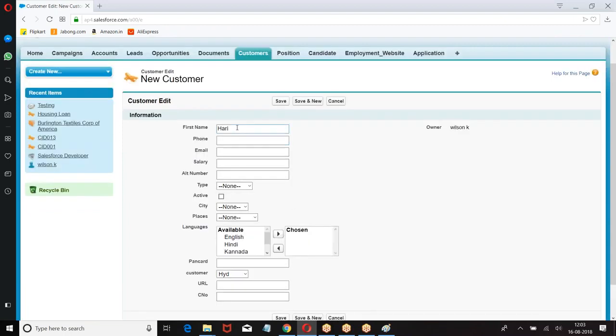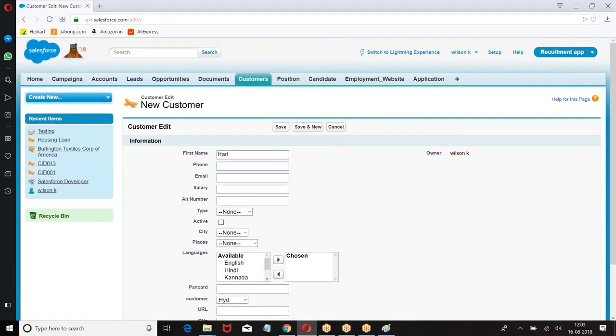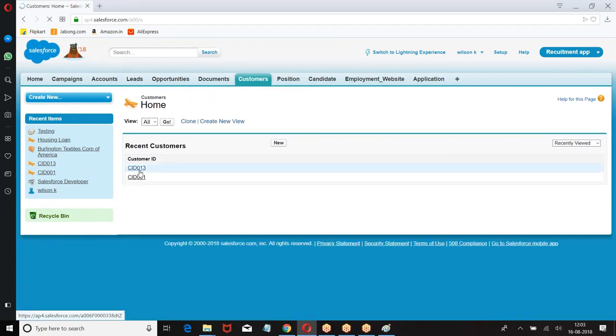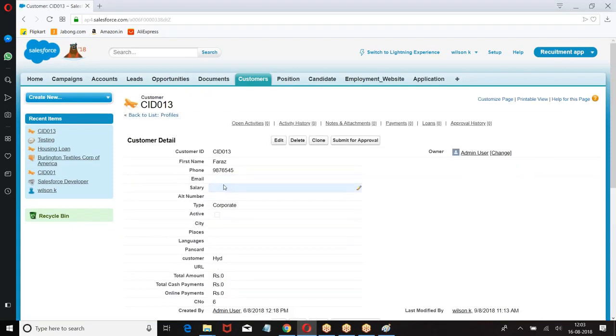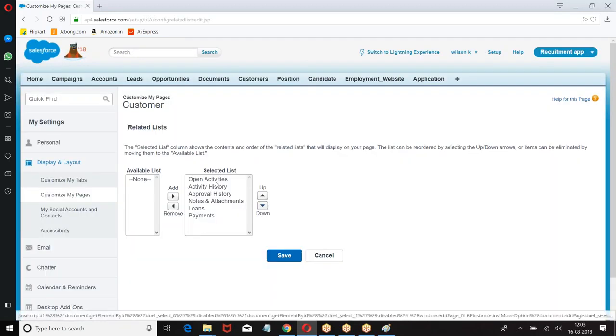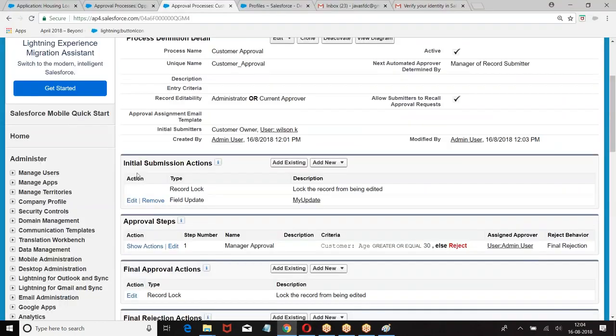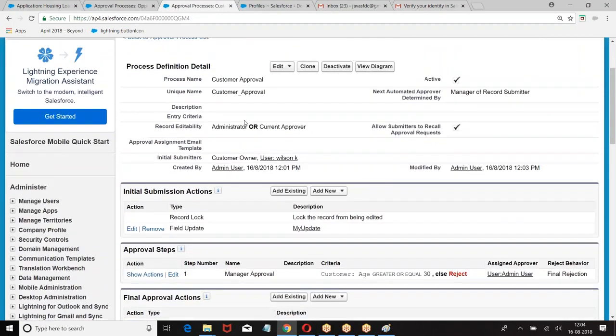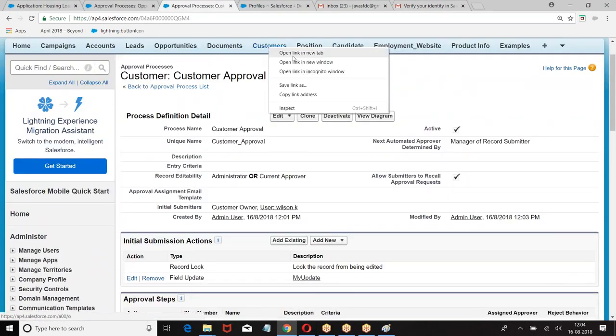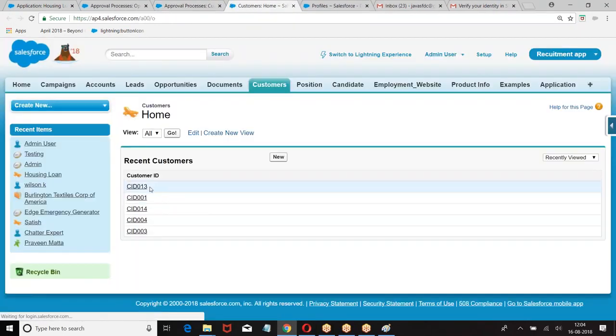Where is age? Oops. It is not there for this user. As per that profile, he was not able to see it.